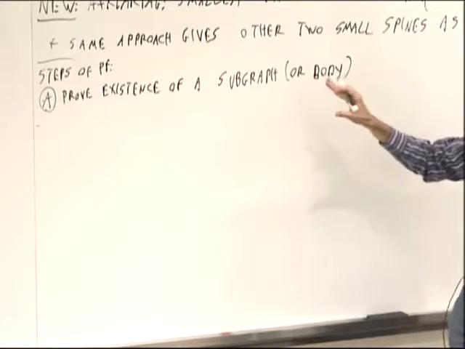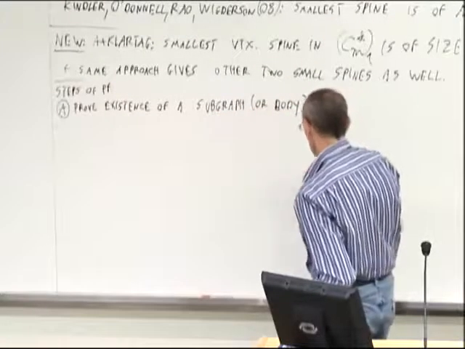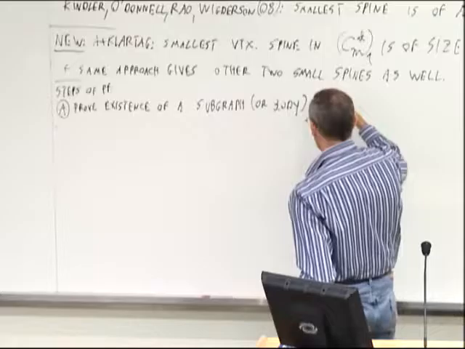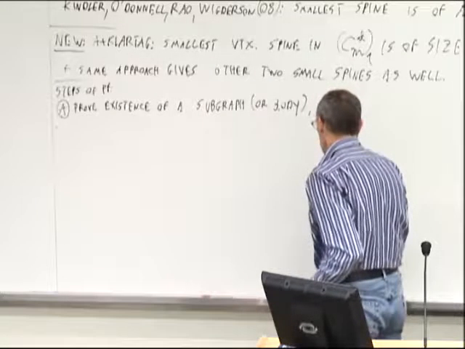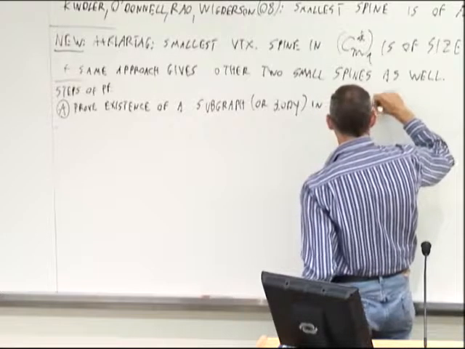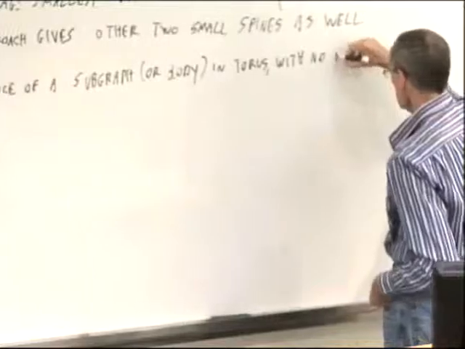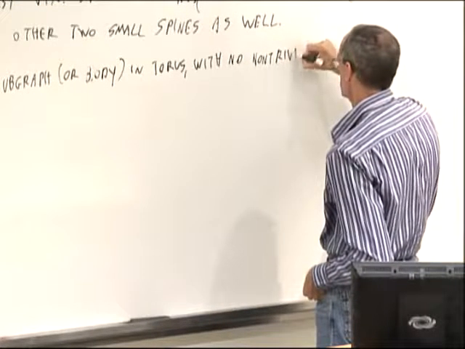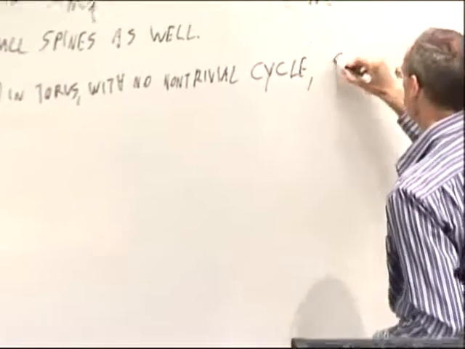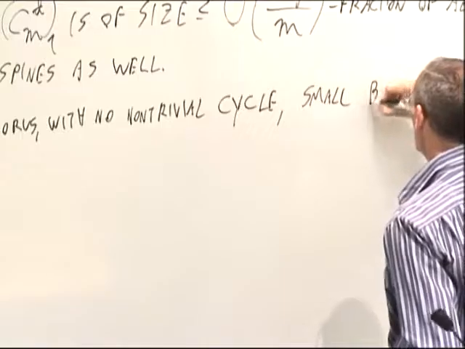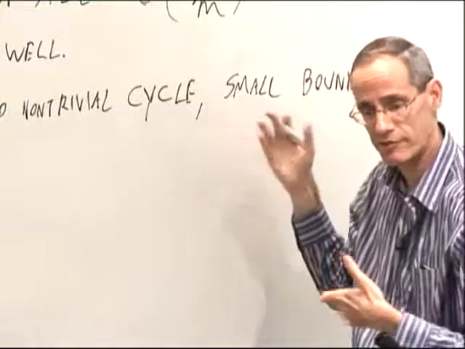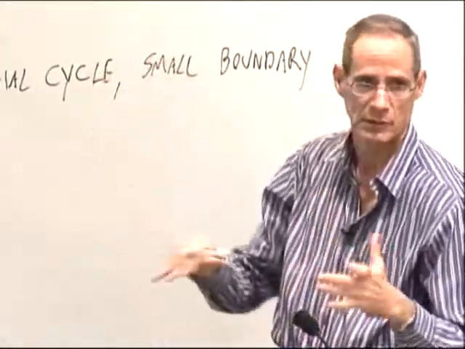So we would want to prove that there is some subgraph or some body in the torus with no non-trivial cycle, a small boundary, whatever small and whatever boundary means, so vertex boundary or edge boundary or continuous boundary,